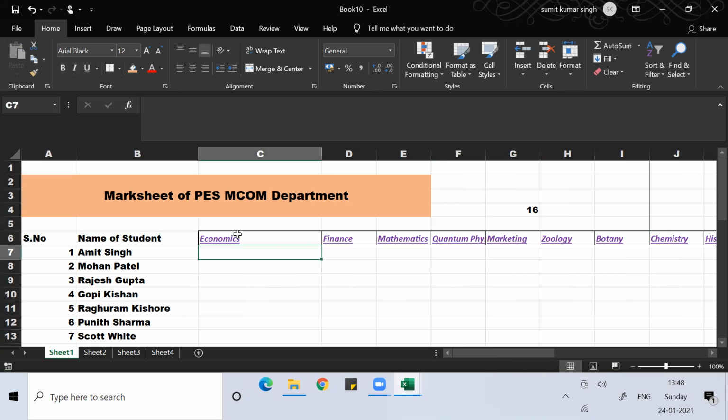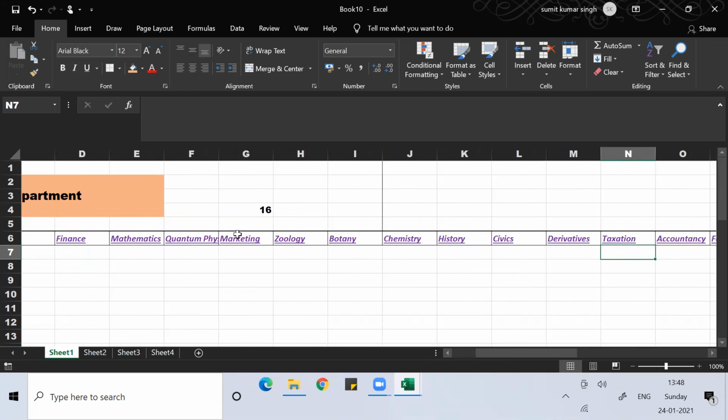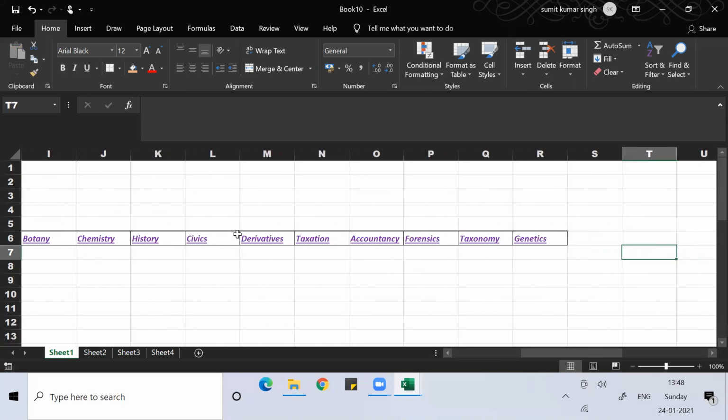Then I want to put in the values. I'm making a dummy mark sheet here, and I want to feed the data.